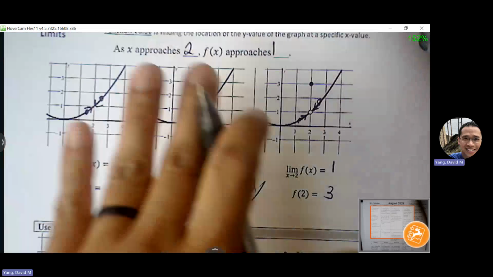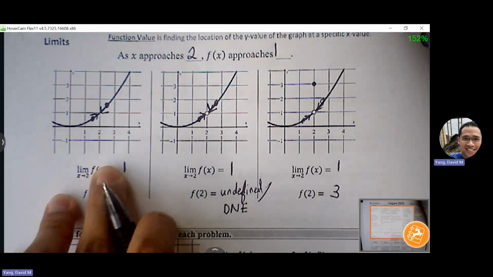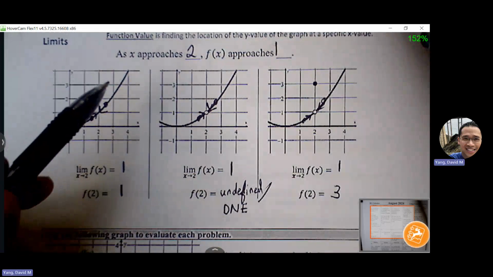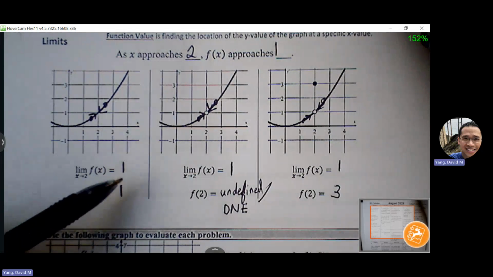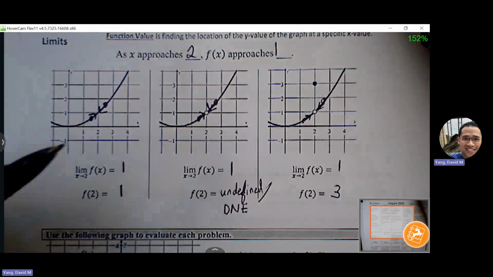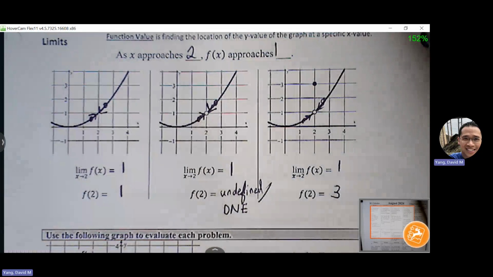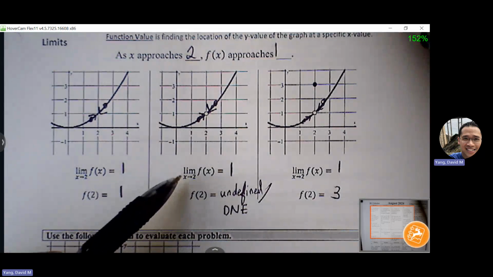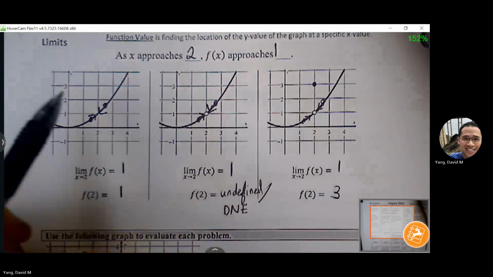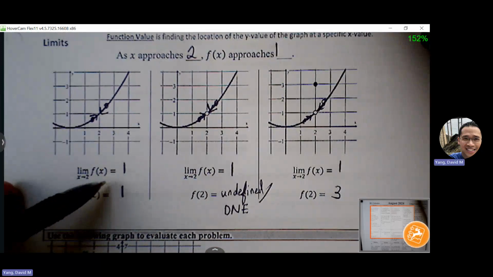So here's a general observation that we can make between ordered pair and limit, and that is if there are no breaks in the graph, you're not going to see any distinction between limits and ordered pair. However, if there's a break in the graph, it could be a hole, it could be an asymptote, it could be 2 different branches headed towards 2 different y values. If there's any sort of break in the graph, then you're going to start seeing a distinction between limits and ordered pair. But if your graph is continuous, it's as if there's no distinction.